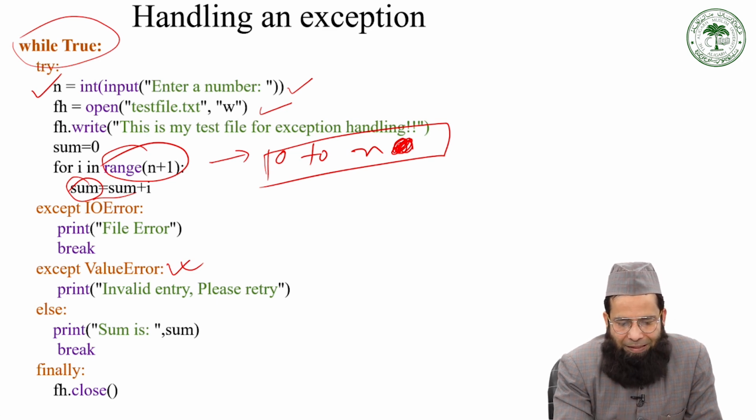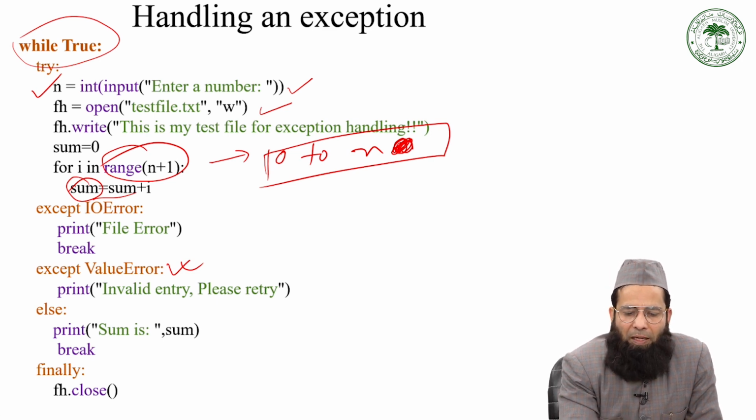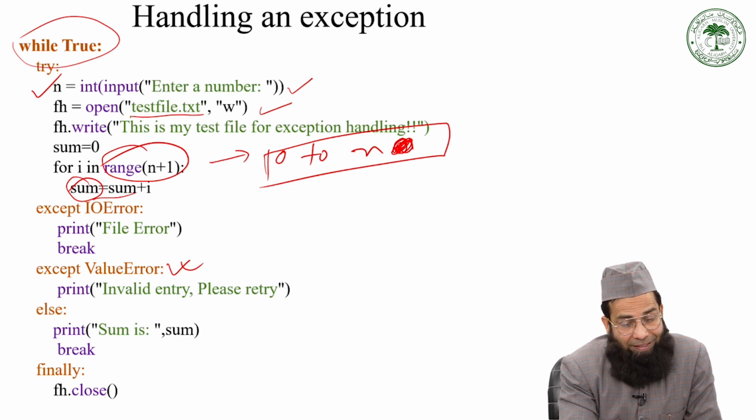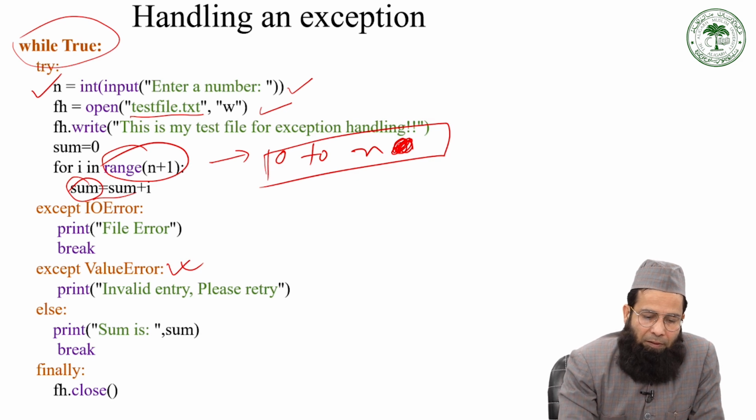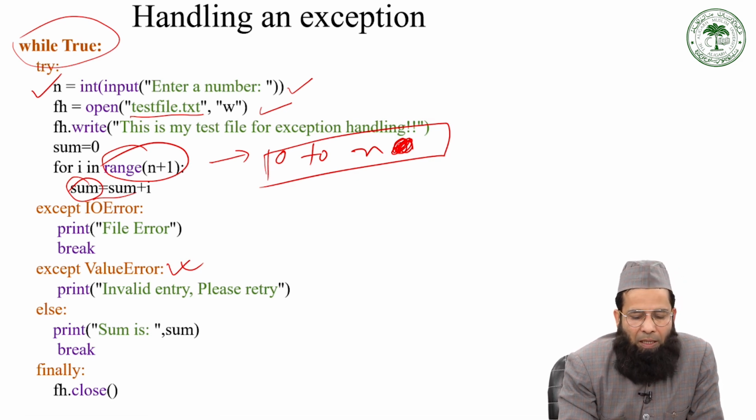Since it has entered the right number, this file will be opened in write mode, and if the file does not exist, since it is being opened in write mode, this file would be created, right? So there won't be any input output error. And finally, at last, the else block would be executed, right? When there is no exception, the else block would be executed, and it would break from this